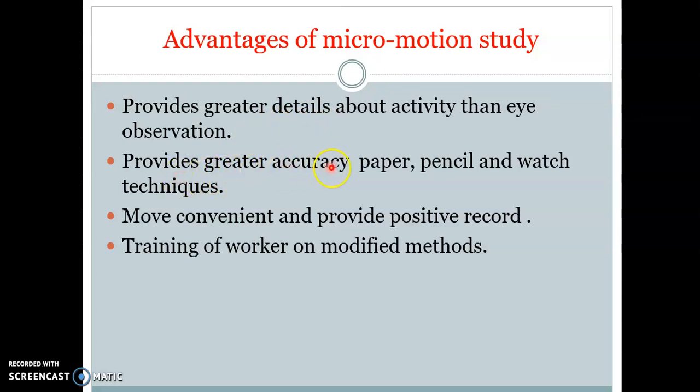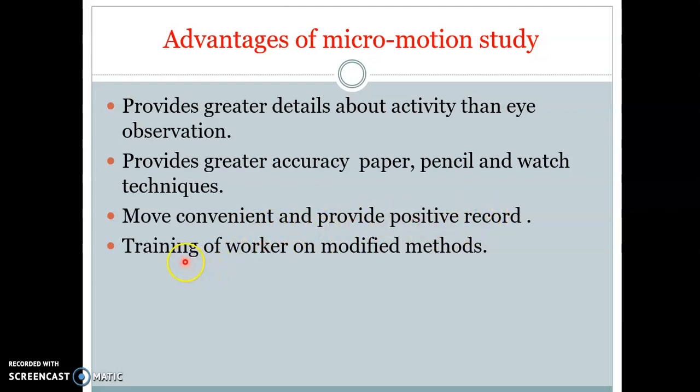It provides greater accuracy than paper, pencil, and stopwatch techniques. So each and every activity is noted here. It is more convenient and provides a positive record.